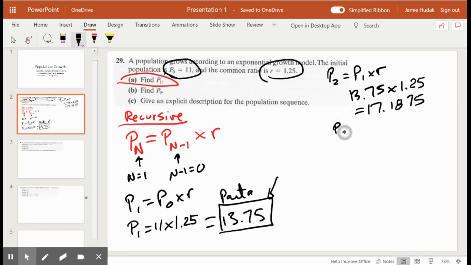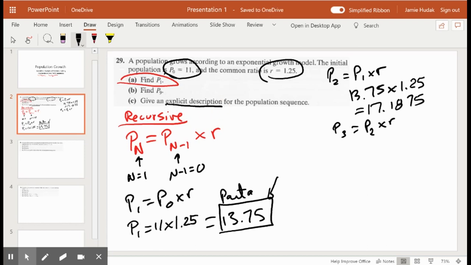And then P3 would equal P2 times R, and so on and so forth. That is the drawback to recursion. You have to do all of the intermediate steps. You cannot just jump to P9, which is why we like to use the explicit formula, which is what part